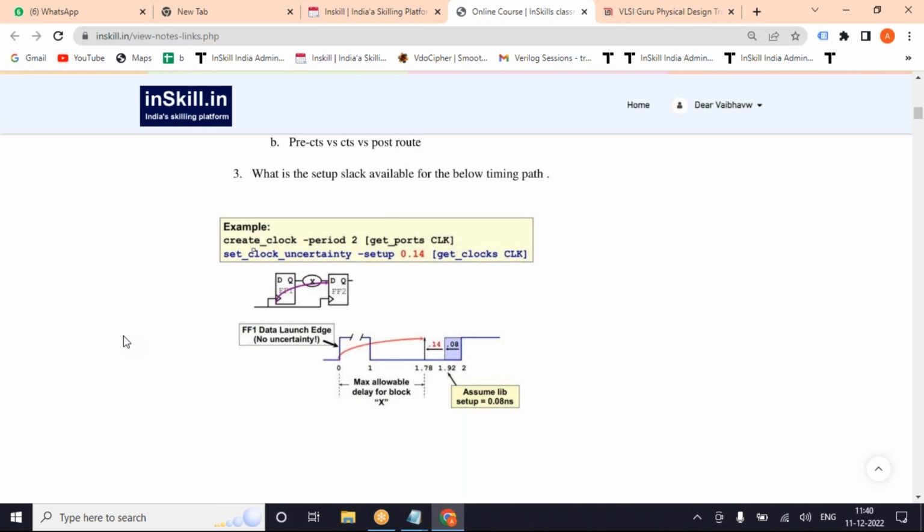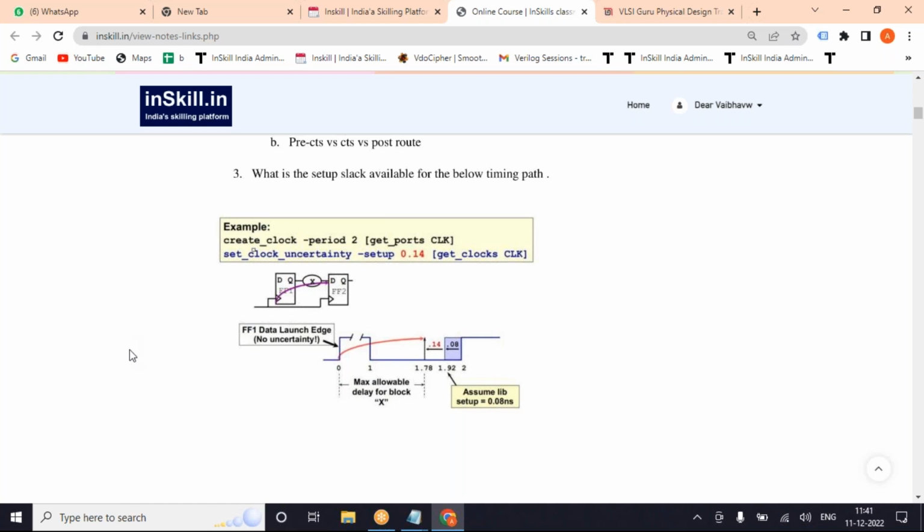Now coming to the companies. Even if it's a service-based company or a product-based company, there are 4 rounds of interview. The first one is the written test, the second one is the HR round, the third one is the technical discussion, and the fourth one is the cellar discussion. Your agenda is to clear the initial 3 rounds. The basics that we are covering are more than enough for you to clear the written test. HR round is basically to check your basic communication.